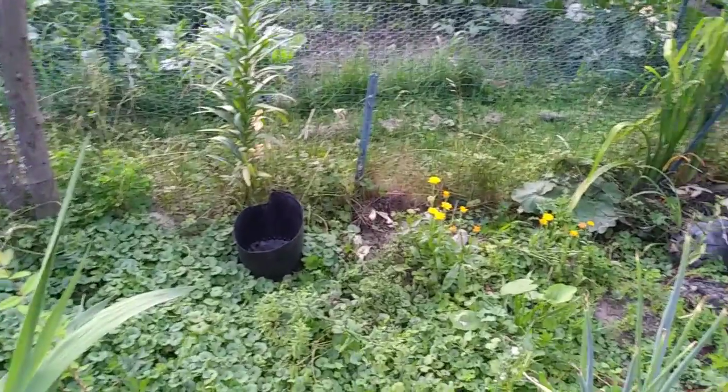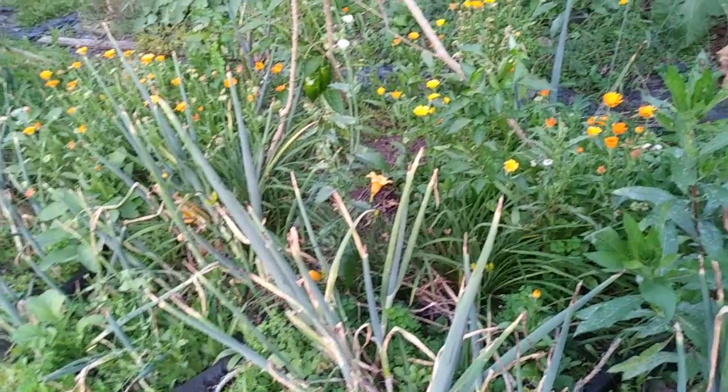But there's so many bulbs along the edge of that fence that putting a shovel in just kills a bunch of bulbs. So, we'll see what I do. Peppers are still doing great. I've got a few weeds to pull up here. It's either been raining or oppressively hot for a while, so...